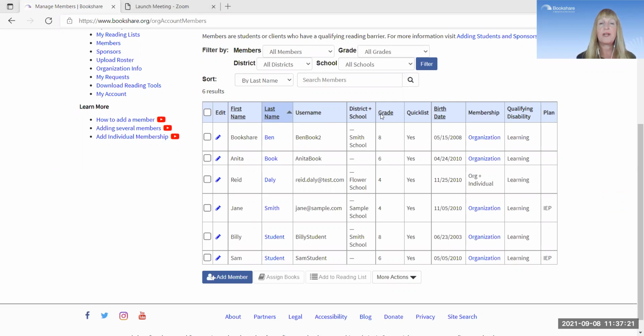Oh, someone says you weren't able to hear the sound for the book. I can try to go back and do that again. Just let me get through some of these questions. Someone else asked about the sponsor previewing the book, and again, only a member can, so you would have to log in